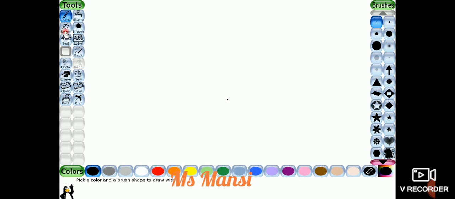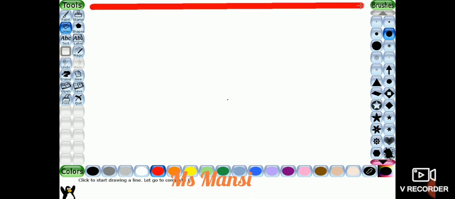The line tool is basically used to draw straight lines and straight patterns. It is quite different from the paint tool, as the paint tool is used for freehand drawing and the line tool is used to draw straight lines. So first of all, click on the line tool. See, there are various types of sub-tools in the line tool. Select any of the brush sizes from here for the line drawing and choose the color from the color palette. Now draw the line with the help of the mouse. See, the lines are being created.